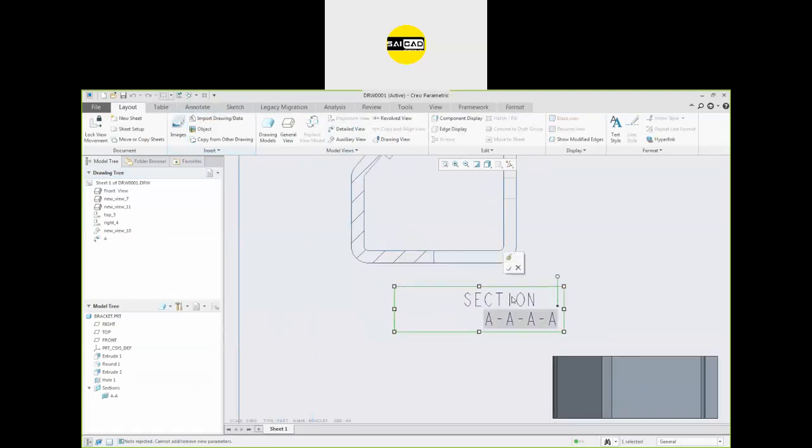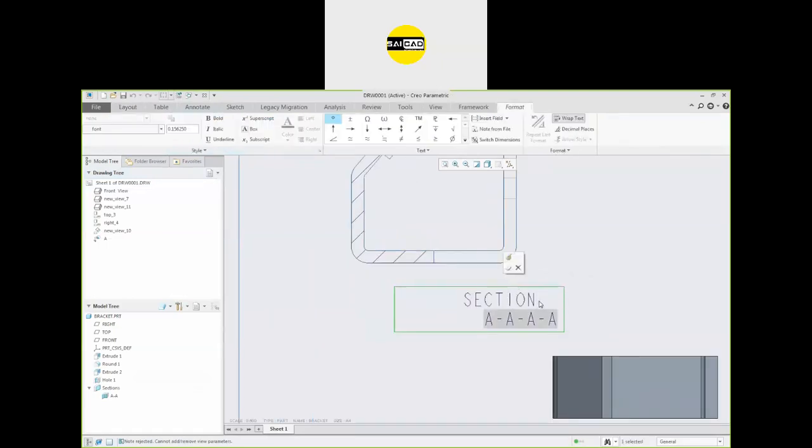You can see we have this section. The text we have written here will also be inside. So I just want to delete this one. Okay, it has a relation that is preventing it from showing the name of this section.